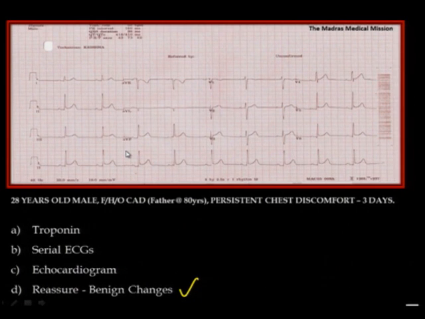But then if your changes are there in inferior leads also, that tells you that these are the patients who can have bad outcome later on. Right. There are some early repolarization changes which are no more considered benign and they can be considered as malignant. The data is less. And only there are few series where they have made this point out very seriously in